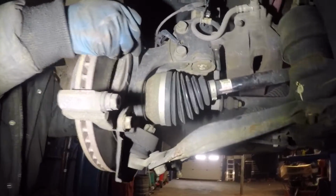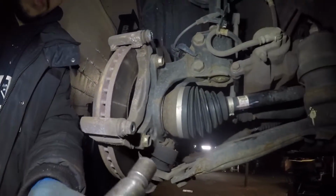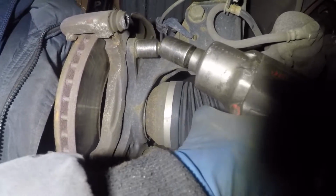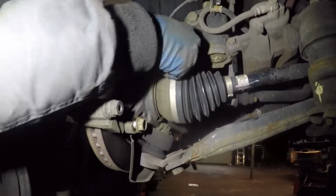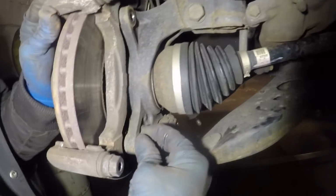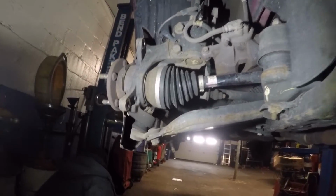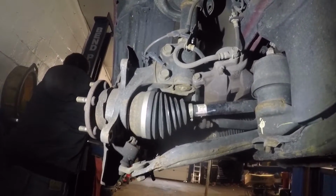Now we're gonna remove the two number 17s. That's this one here, and that one up there, right? That's for the bracket. We're gonna take off the pads. What we'll do next is we'll remove